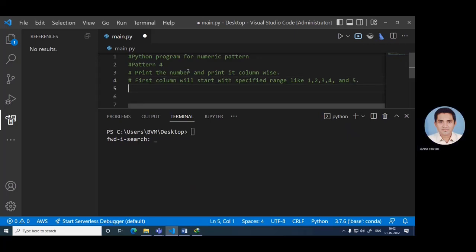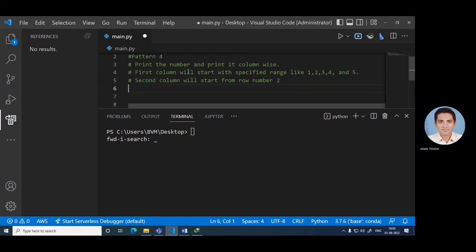The second column will start from row number second, and third second and third column will start from row number, and so on।